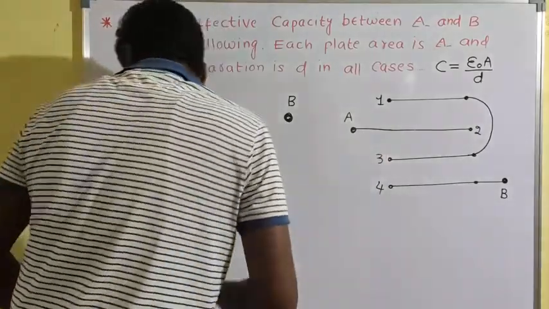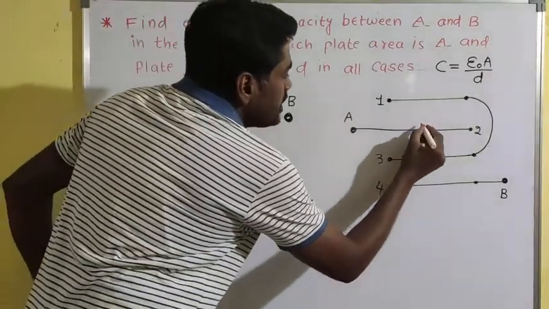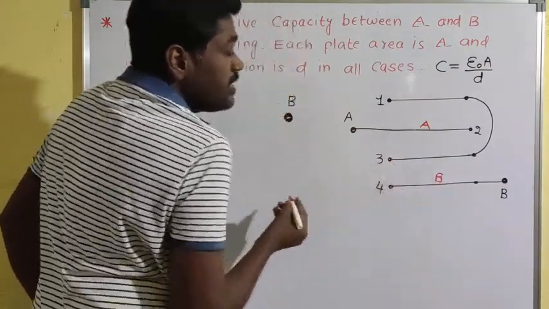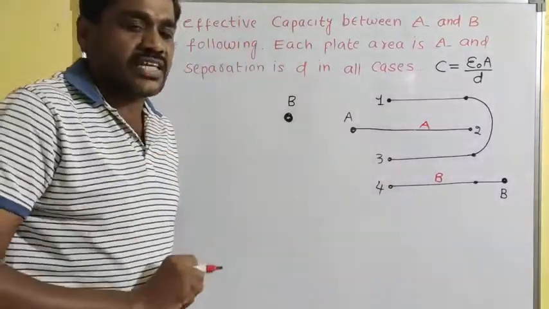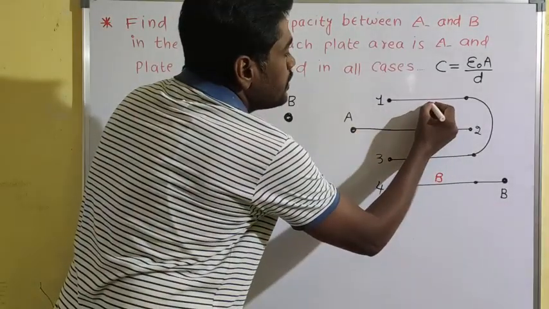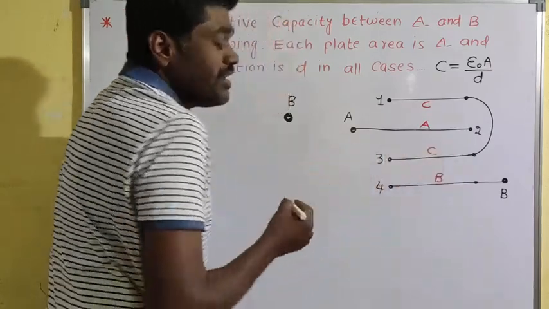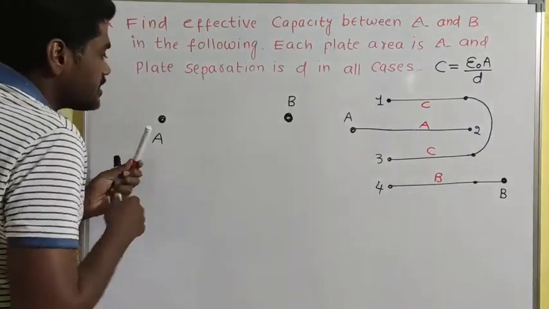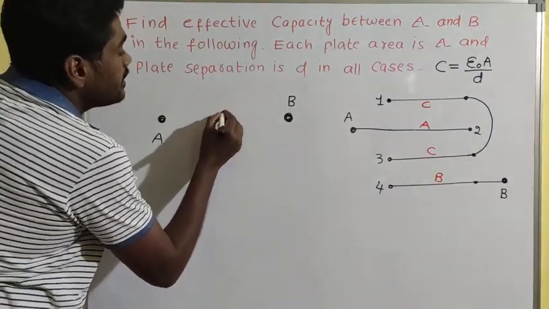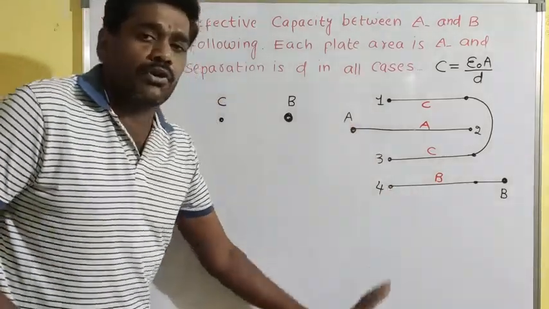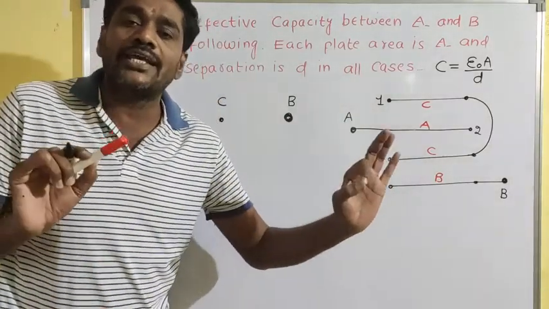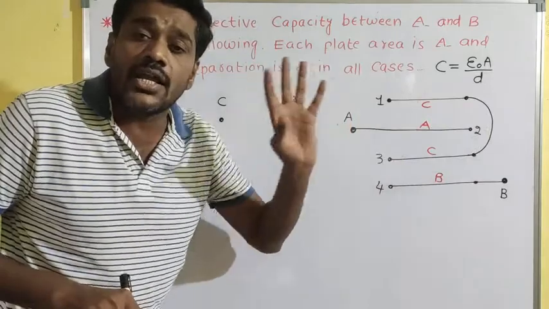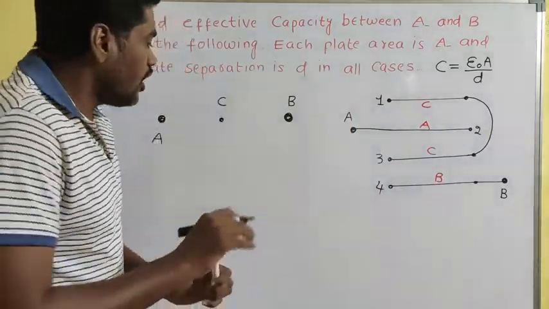So if this plate is A, then this plate also becomes A. And if this plate is B, then this plate also becomes B. Sir, what about 1 and 3? Here there is a twist. This is unknown, that's why you put the name C, and this also becomes C only. Now where do you connect the extra point C? You just take it in the middle. In all these types of models, you take the two points A and B at the ends, and the third unknown connection you name C, which you always keep in the middle.